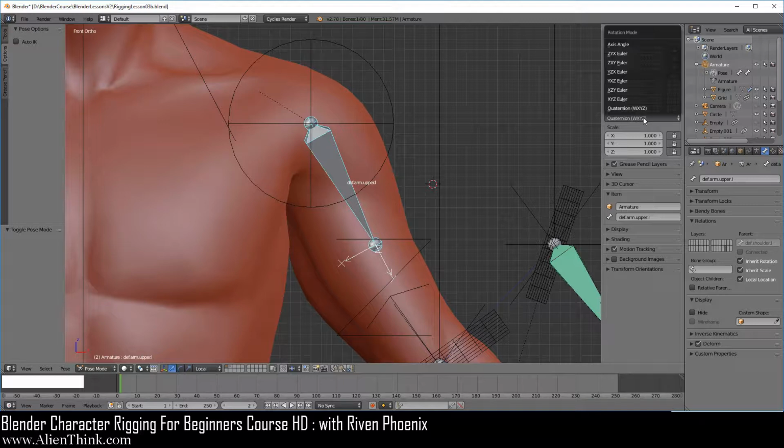So here you can see that when we look at the rotation modes displayed over here, we can choose axis angle, or we can choose 6 different Euler angle configurations, or we can choose quaternion. Now by default, Blender is going to set each bone to quaternion.